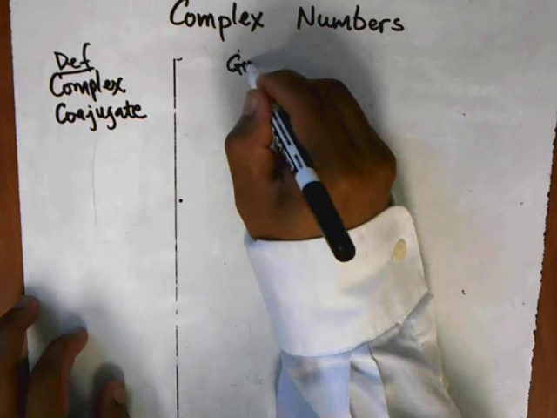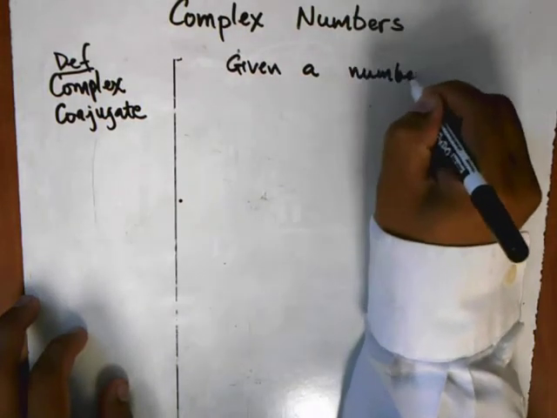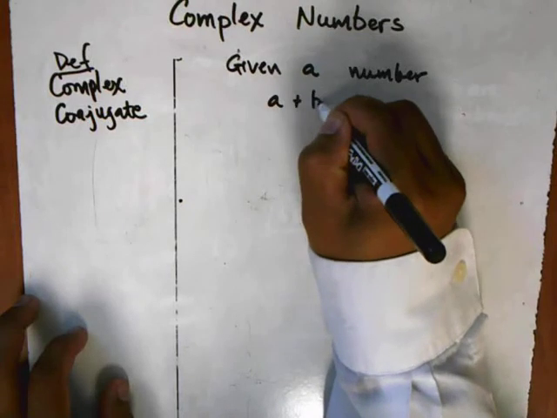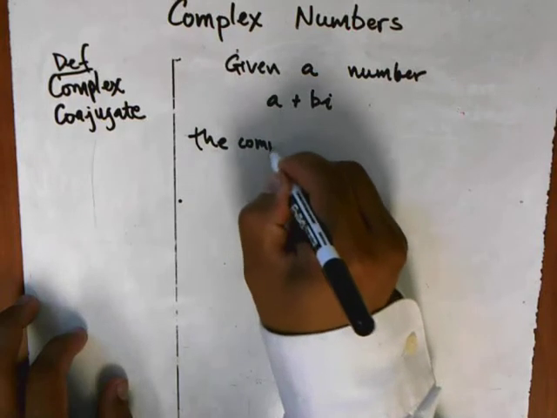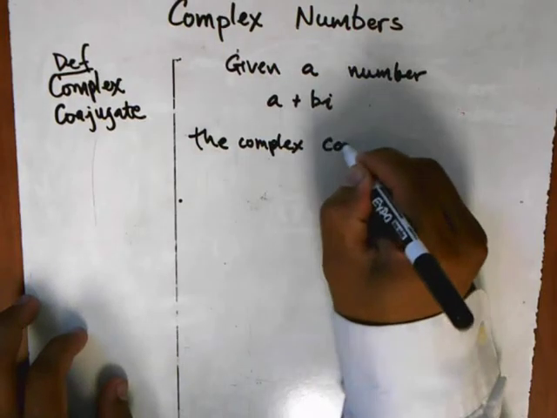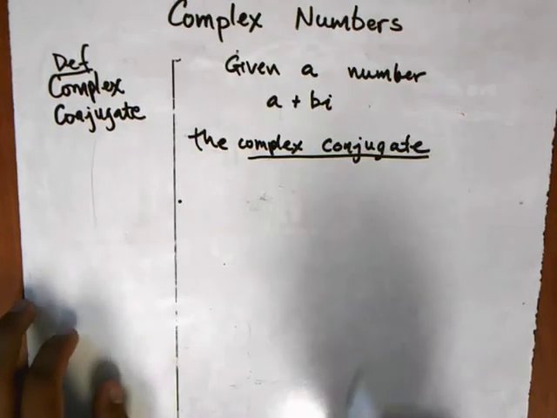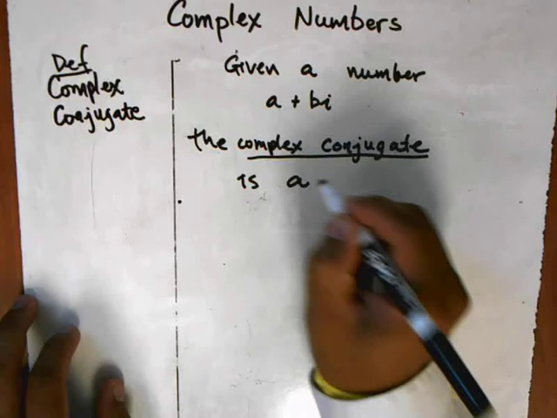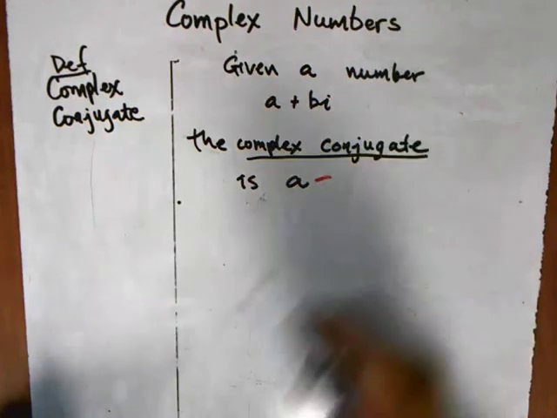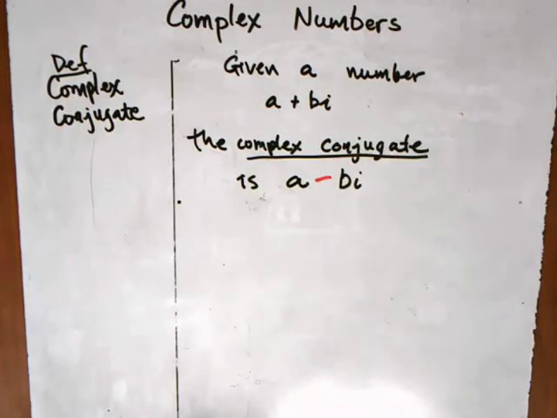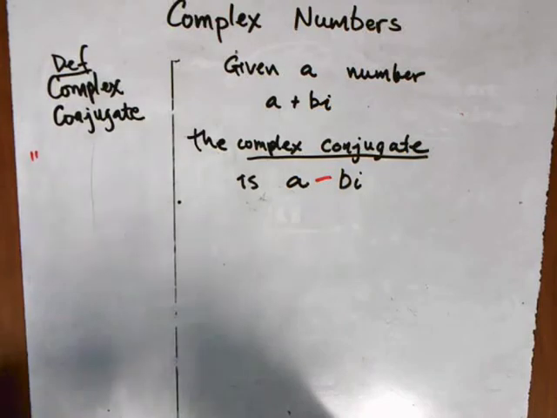conjugate. So given a complex number a plus bi, the complex conjugate, and sometimes we call it the conjugate just for short, is a minus bi. And that's all that it really means. It's just, in a short way,